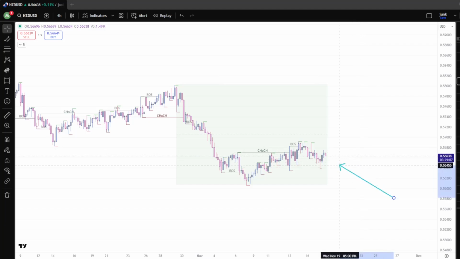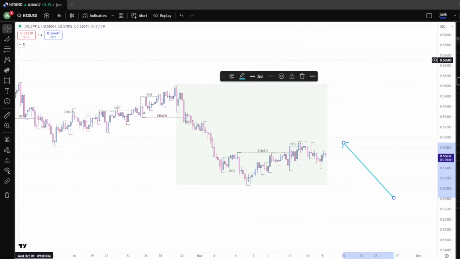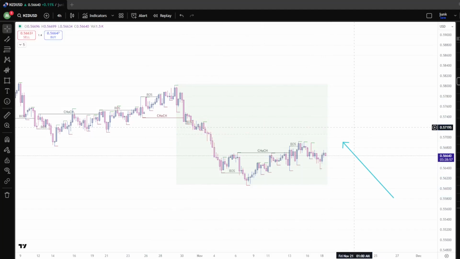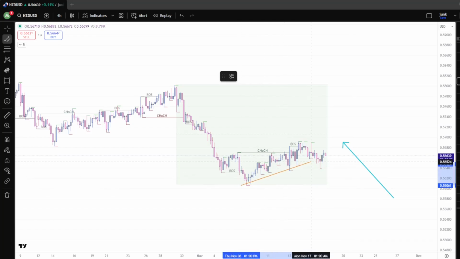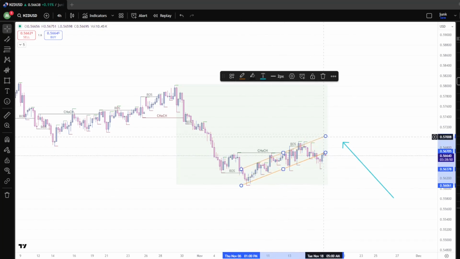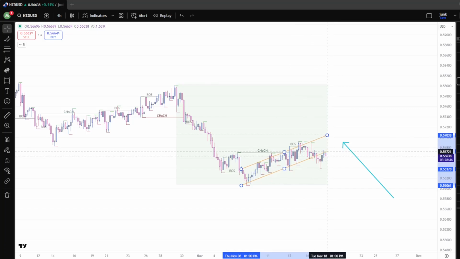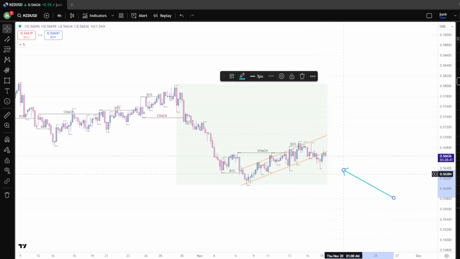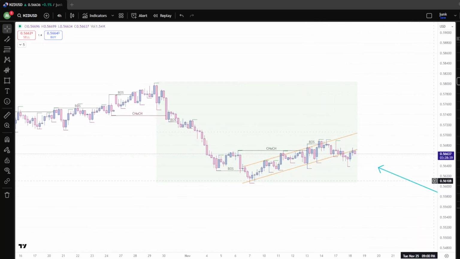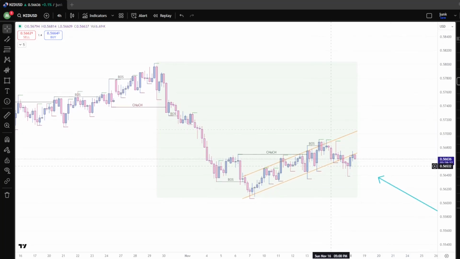Would expect it to take out the lows and continue this bearish swing. I would rather have this retrace back into premium and target an area of supply, but it doesn't have to do that. And like I said yesterday, you could view this as an ascending channel. We're starting to dip below that, so expecting momentum to pick up to the downside and target the lows of the overall range. Looking for any type of selling opportunity on a lower time frame, because it looks like it is out of this